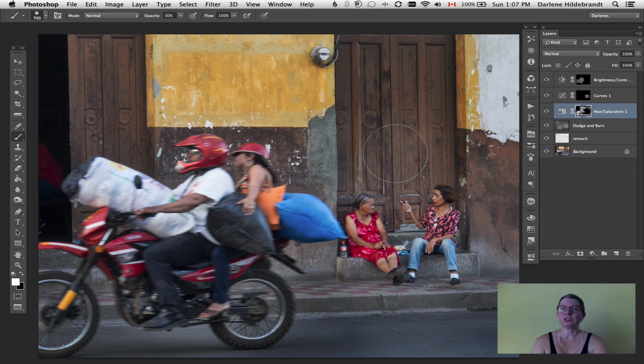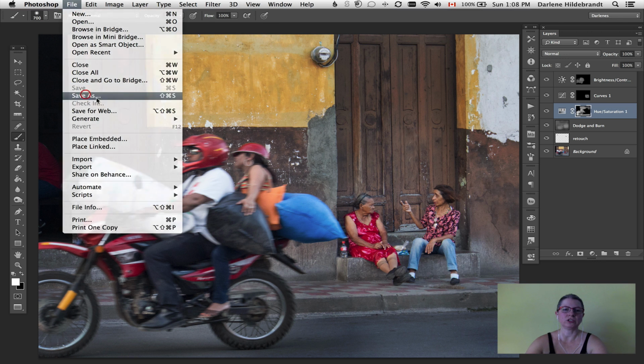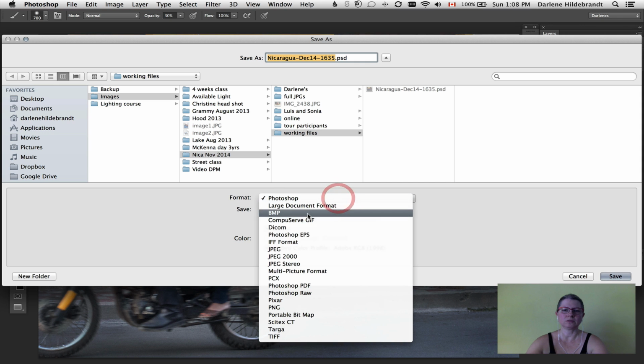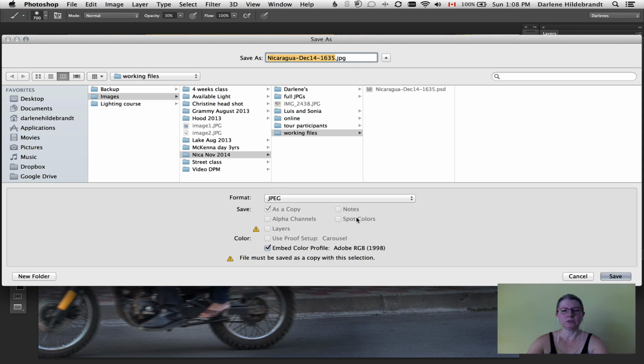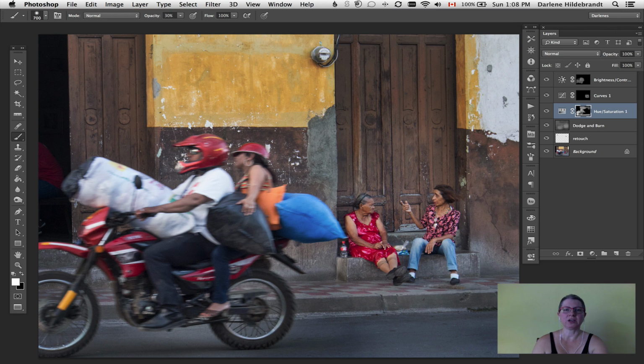And then if you want to print this image or you want to save it for Photoshop or anything else, you want to size it down to a smaller size and save it as a JPEG for online or email or printing. Right? And you just do that by your regular save as and change it to a JPEG. Okay? Change that to a JPEG. It's going to eliminate your layers, but it's going to give you a file that is smaller, that is workable for printing or online. So I hope that gives you an idea of how to work with layers in Photoshop